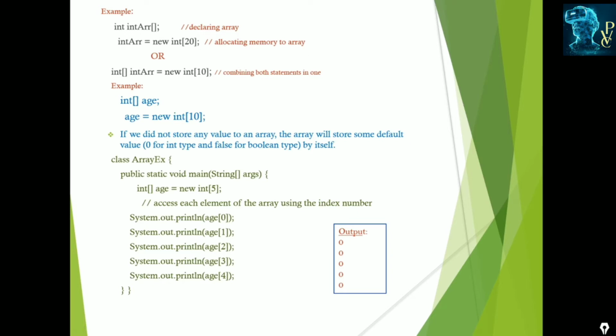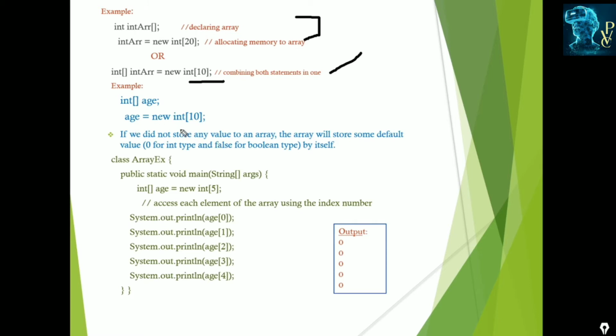These two statements can be specified in a single statement like this: int array is equal to new int of 10. This is declaring and instantiating in a single line. The int arr is an array of integer type which can hold 10 elements. Another example, age, which is an int array that holds 10 integer elements.